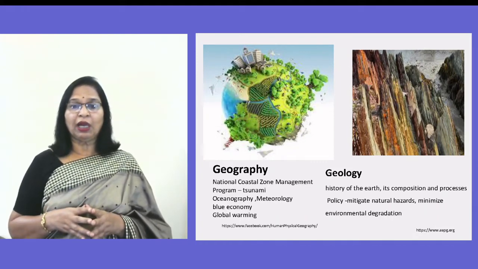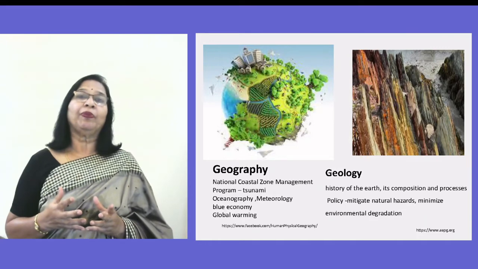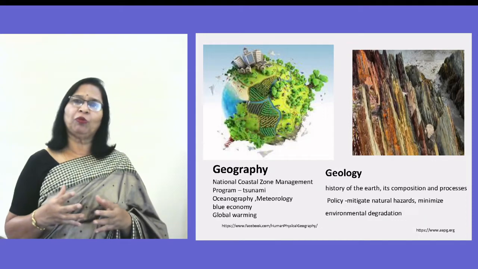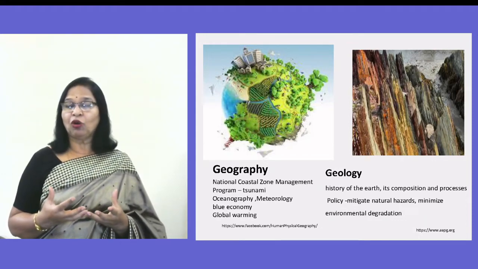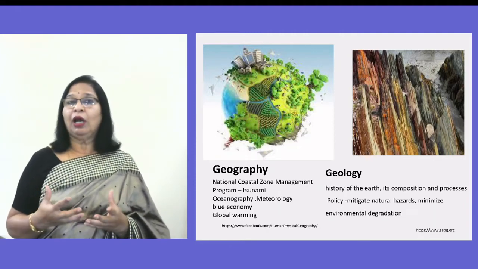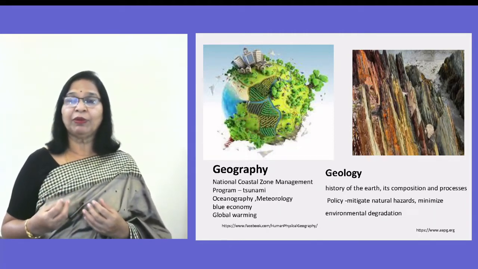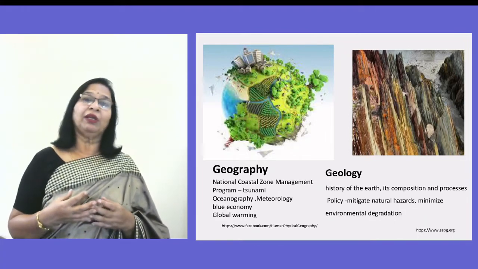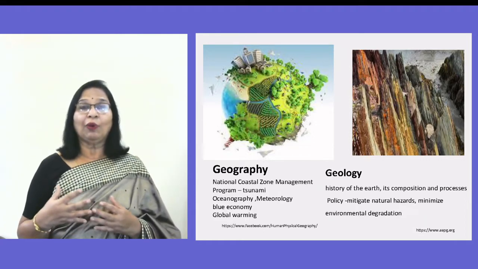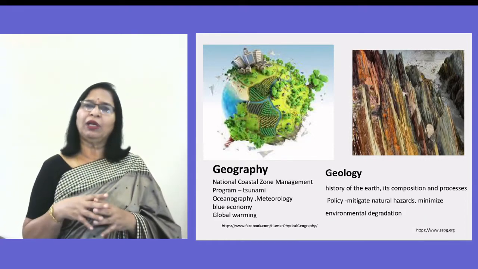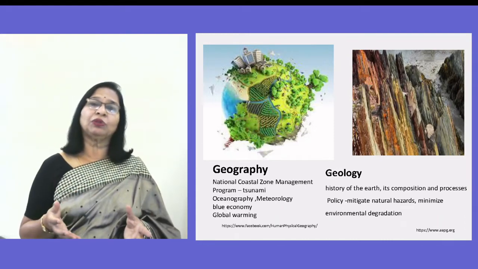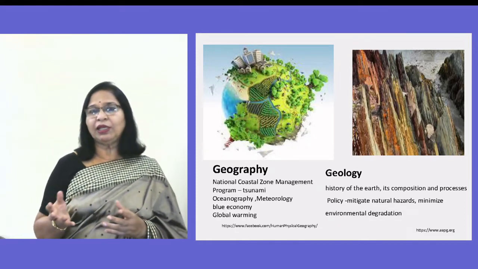Then we can also see how oceanography can be useful in understanding how the development of a blue economy can happen. Blue economy means developing economies based on ocean wealth, fishing and other resources. Meteorology: how environmental economics can learn from meteorology and see how things can be harmful if we cut the forest, and how it can affect the rainfall, and so on and so forth. So there are many issues that can happen. Global warming, for example: all these issues are not biological in nature, they are physical in nature,